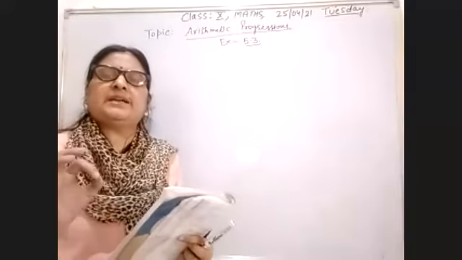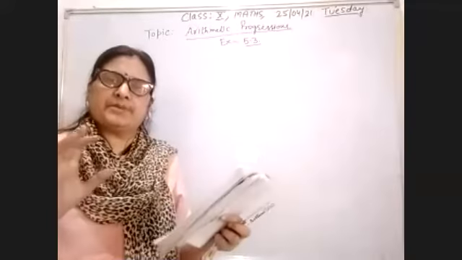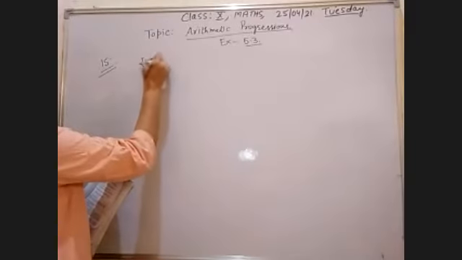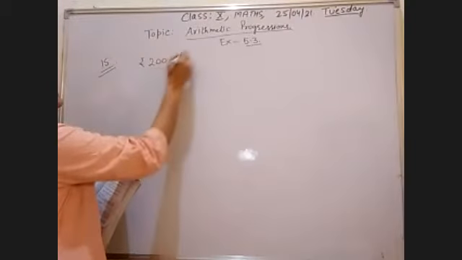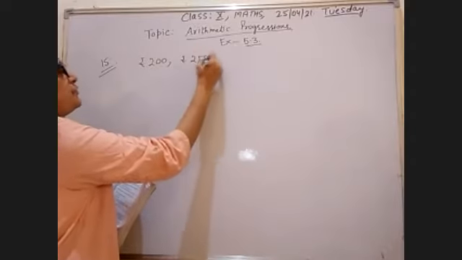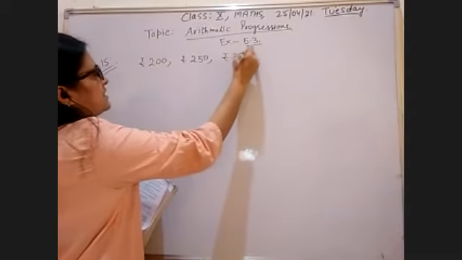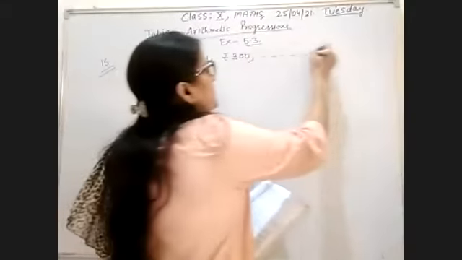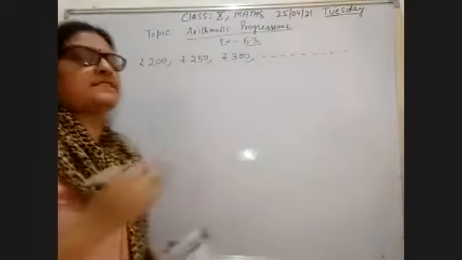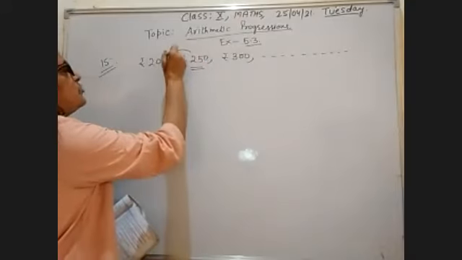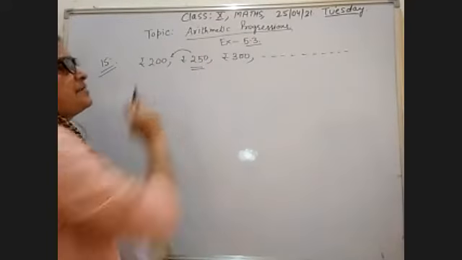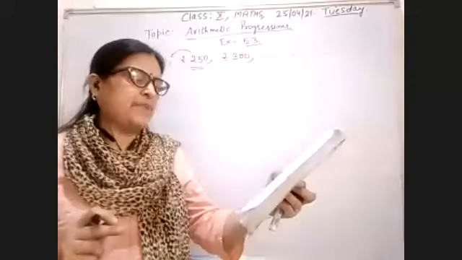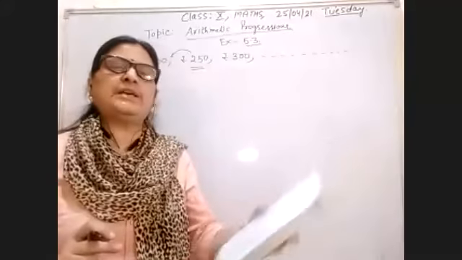Till this statement, it shows an AP. For the first day, the penalty is rupees 200, for the second day the penalty is rupees 250, and for the third day the penalty is rupees 300, and it goes on. Each penalty day is 50 rupees more than the preceding day. How much money does the contractor have to pay as penalty?